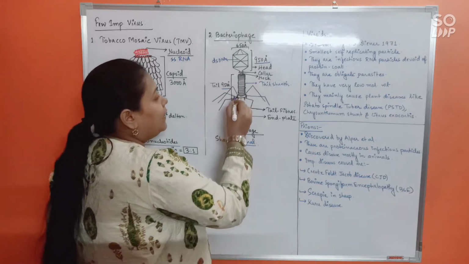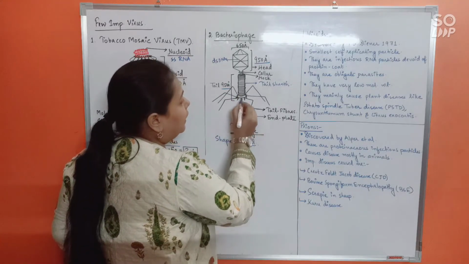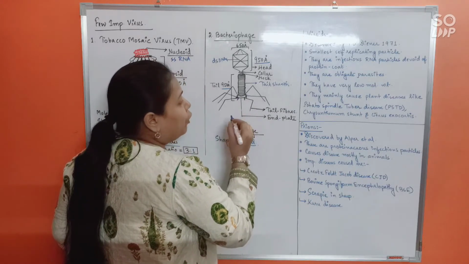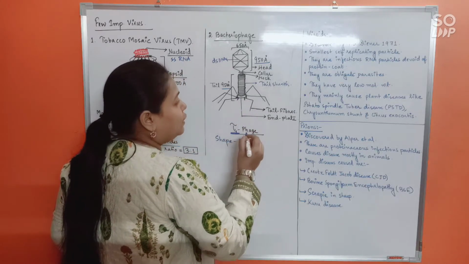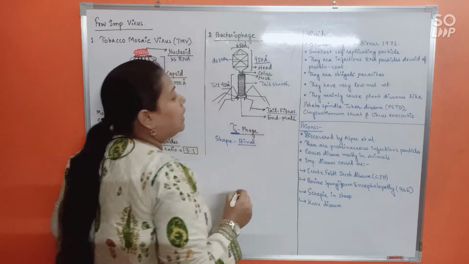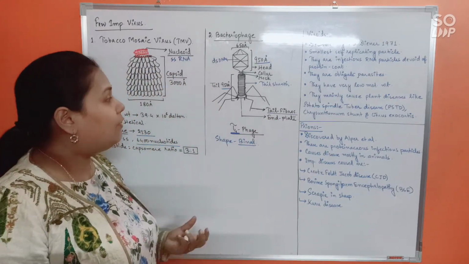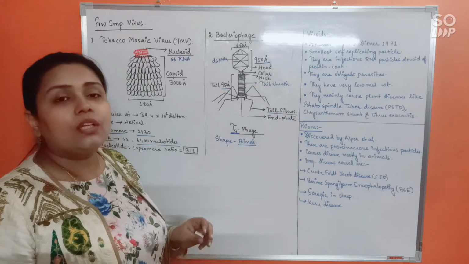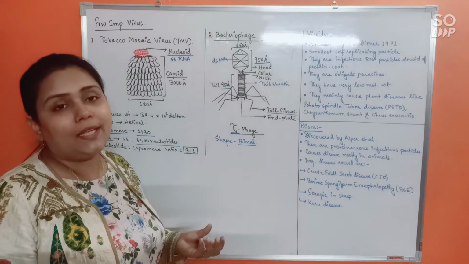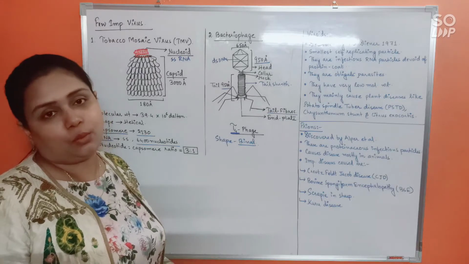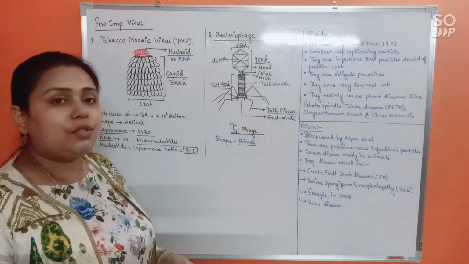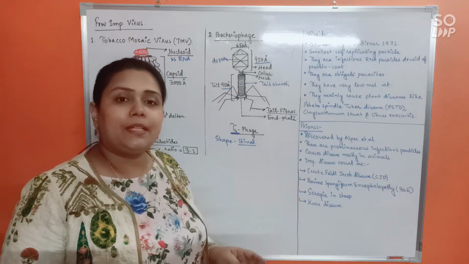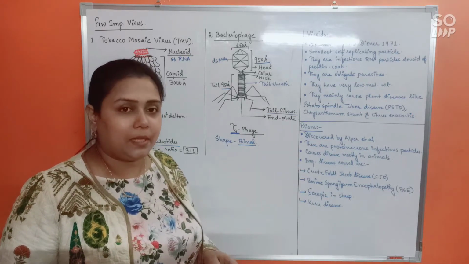Alright. Now finally, after the tail remains the base plate, the end plate or base plate, and from the base plate will remain attached 6 tail fibers. This end plate and the tail fibers will help the virus to properly hold on to the host during infectivity, while the virus is trying to infect the host.